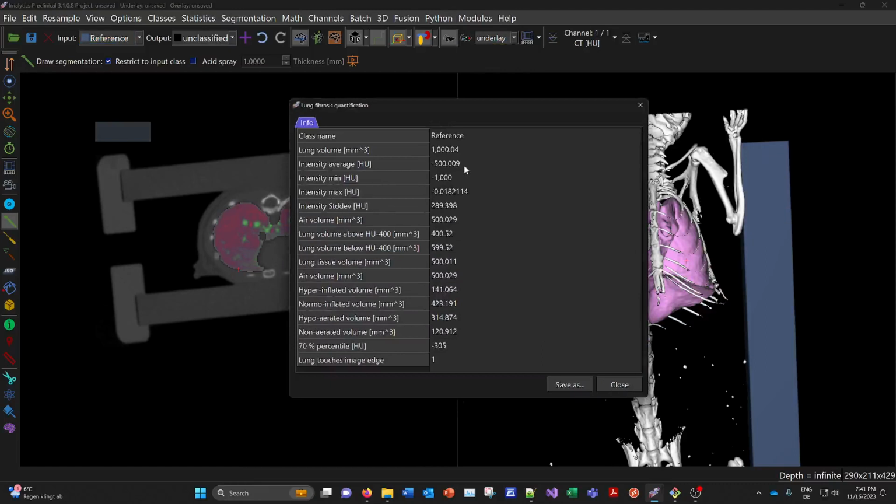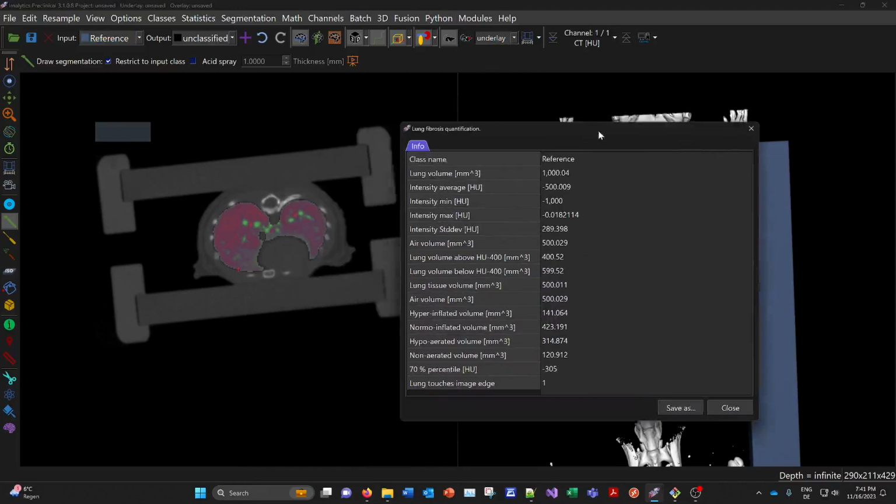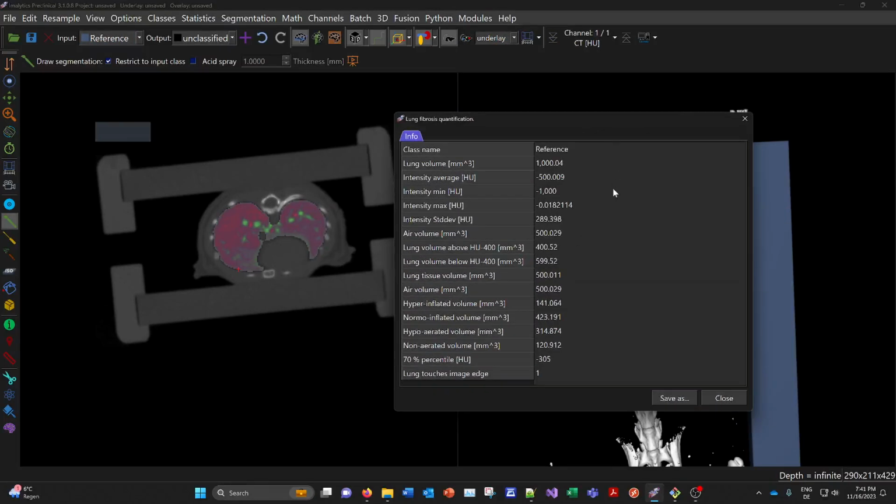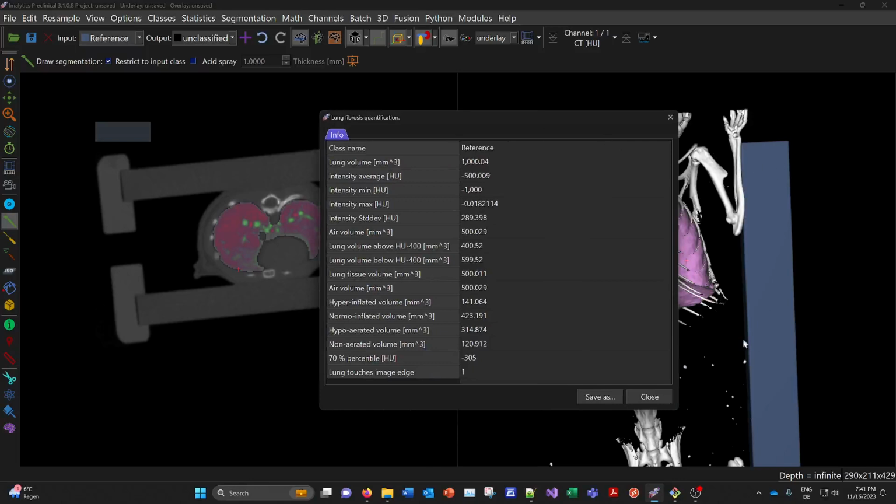here, and there we have certain values that are kind of expected, because the whole thing has a known volume of 1 ml, and there's a gradient in the intensity from -1000 to 0, so the mean should be 500. Here the min is -1000, the max should be like 0, and the air volume should be exactly half of this, as well as the